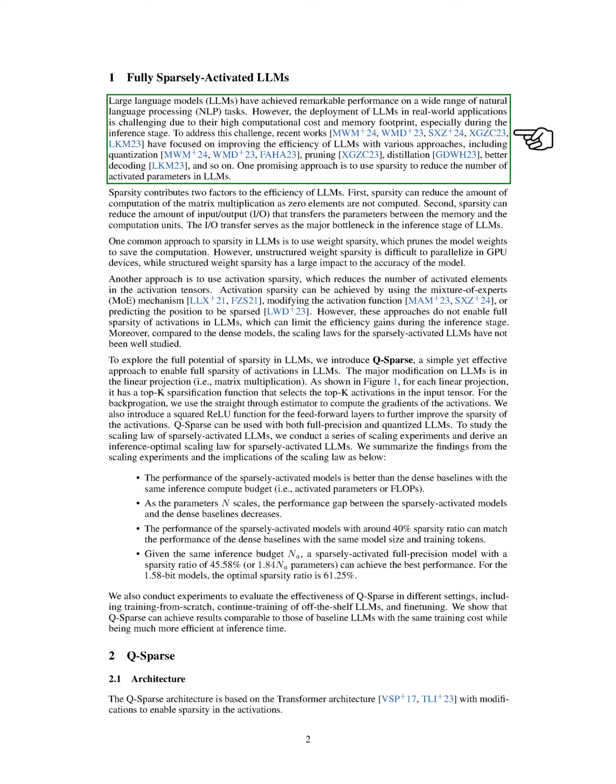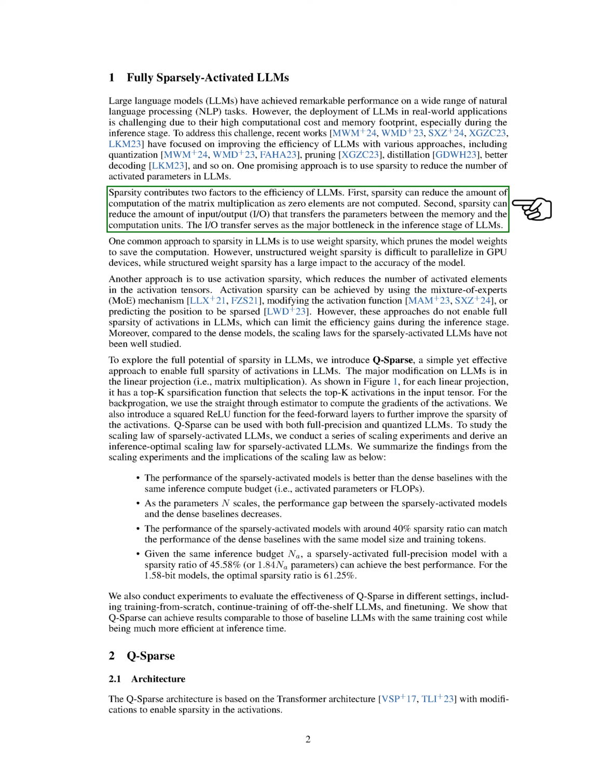To tackle this issue, recent studies have explored different methods to enhance the efficiency of LLMs, such as quantization, pruning, distillation, and improved decoding techniques. One effective strategy we can employ is to leverage sparsity to decrease the number of active parameters in LLMs. Sparsity enhances efficiency in two main ways. First, it minimizes the computational load during matrix multiplication since we do not need to compute the zero elements. Second, it reduces the input-output (I/O) operations required to transfer parameters between memory and computation units, which is a major